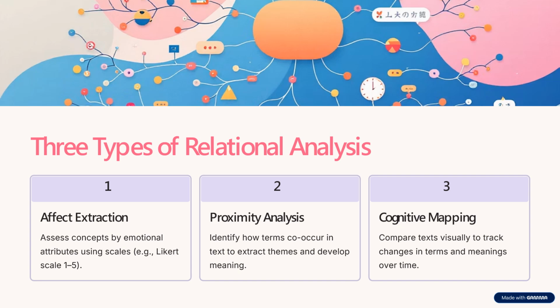There are three types of relational analysis: effect extraction, proximity analysis, cognitive mapping. Effect extraction is when you assess concepts according to emotional attributes. These emotions are typically mapped on scales, such as a Likert scale or a rating scale, ranging from 1 to 5, where 1 is very sad and 5 is very happy. If participants are talking about their achievements, they are likely to be given a score of 4 or 5, depending on how good they feel about it. If a participant is describing a traumatic event, they are likely to have a much lower score, either 1 or